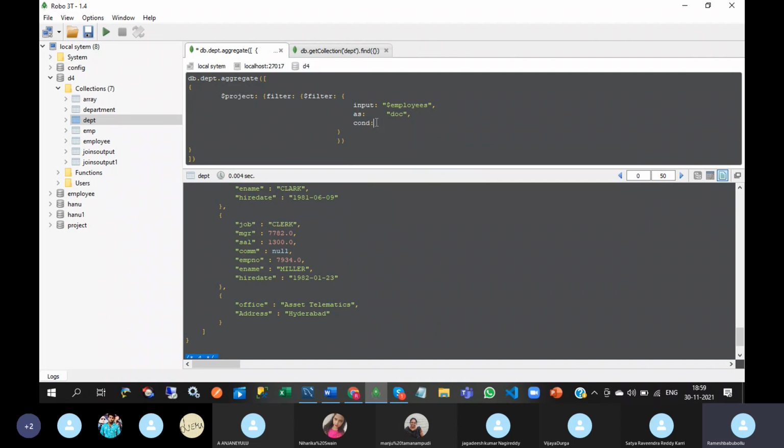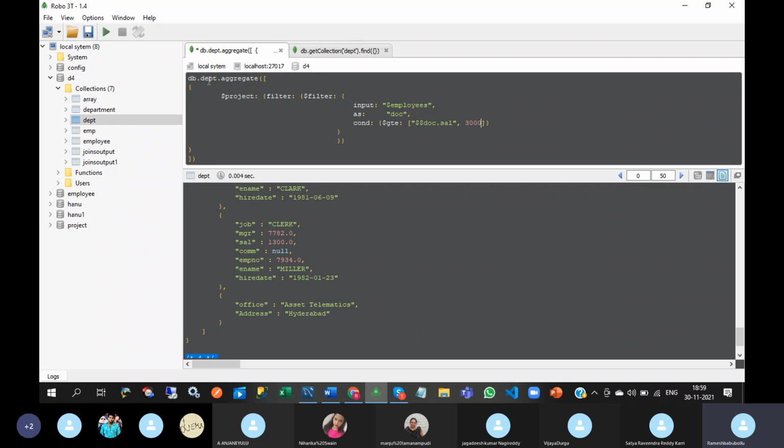Here I am writing the condition, GTE, document dot salary, comma, 3000.